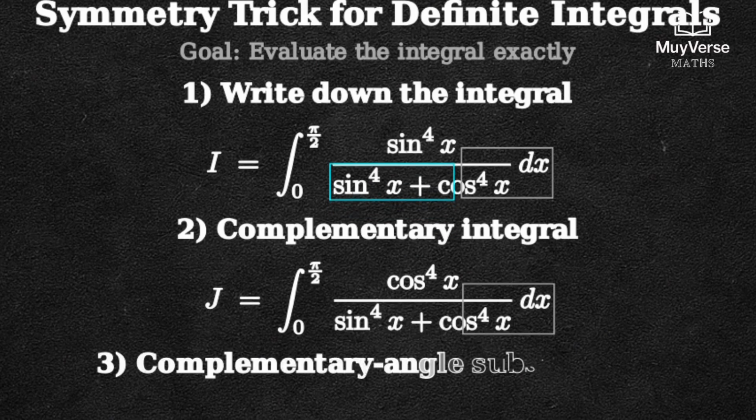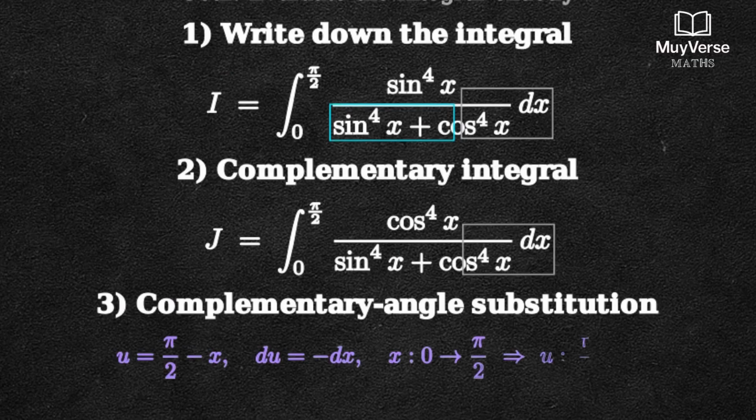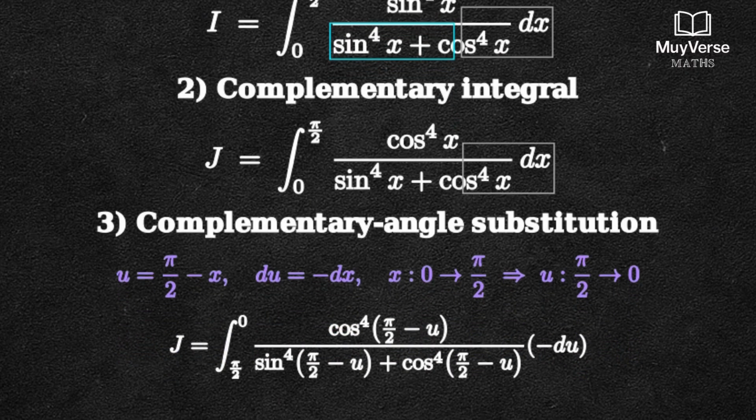Step 3. Use the complementary angle substitution in J. Let u equal pi over 2 minus x. Then du equals negative dx. The limits flip. When x equals 0, u equals pi over 2, and when x equals pi over 2, u equals 0. Rewriting J gives the integral from u equals pi over 2 down to u equals 0 of cosine